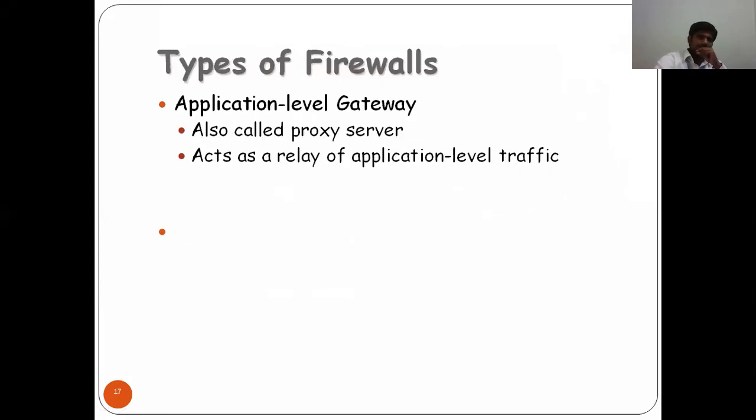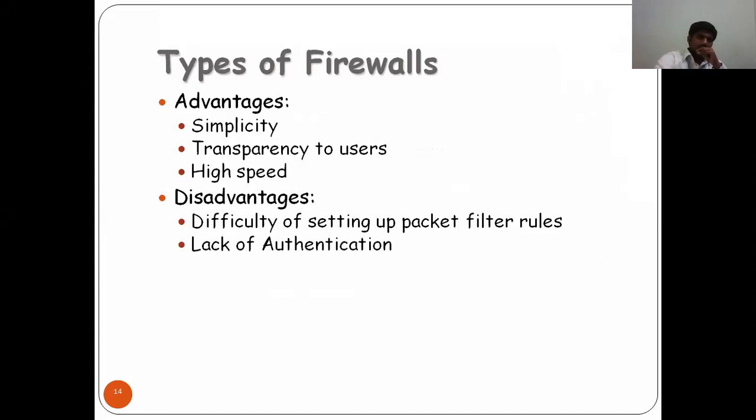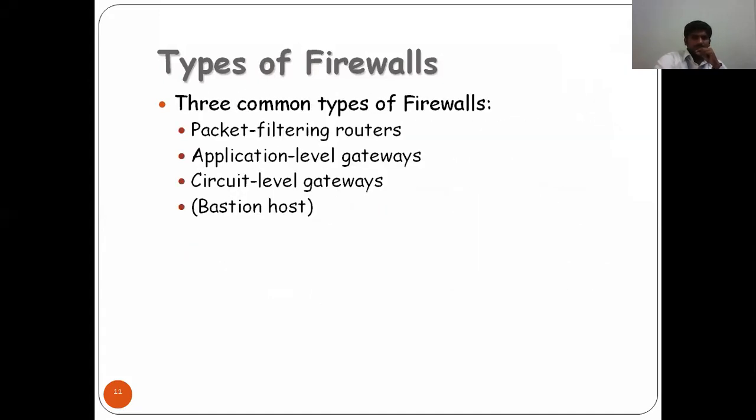There are four types. Mainly we are going to talk about three only. These are the types of firewalls: packet filtering routers, application layer gateways, and circuit level gateways. At what level are we going to protect? Where can we have an attack, where do we need to provide security? Either the packet filtering router we need to protect, or the application layer gateway we have to